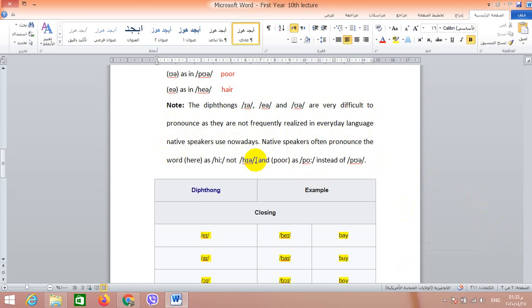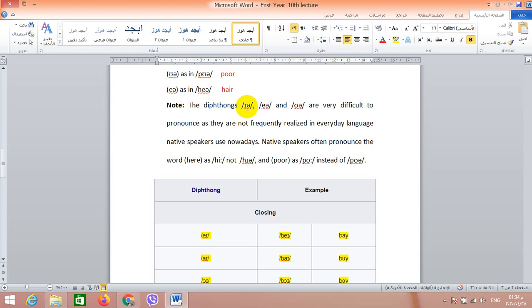All other diphthongs are frequently used, and we can hear them in lectures, in movies, in series, in English, but these 3 are no longer frequently used. That's why our exposure to these diphthongs is very limited. We don't hear them frequently. That's why it's difficult to pronounce them